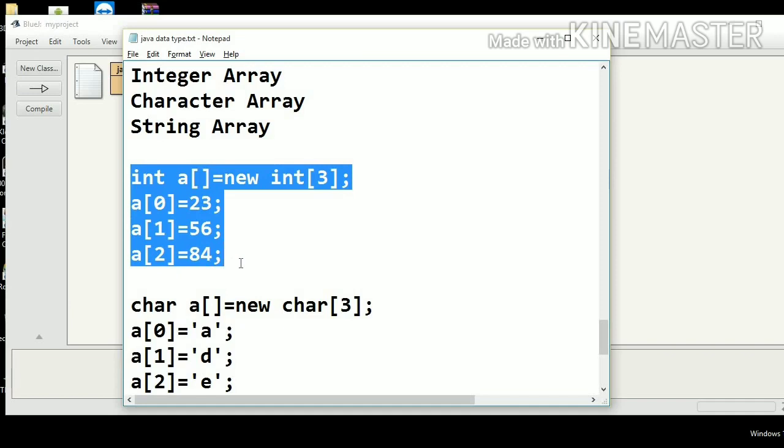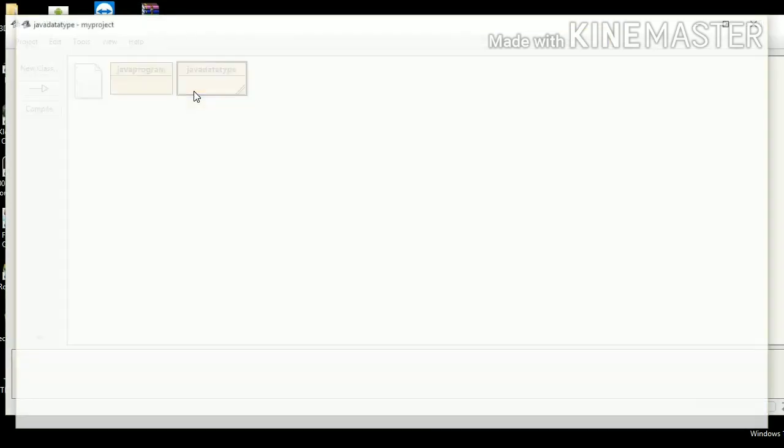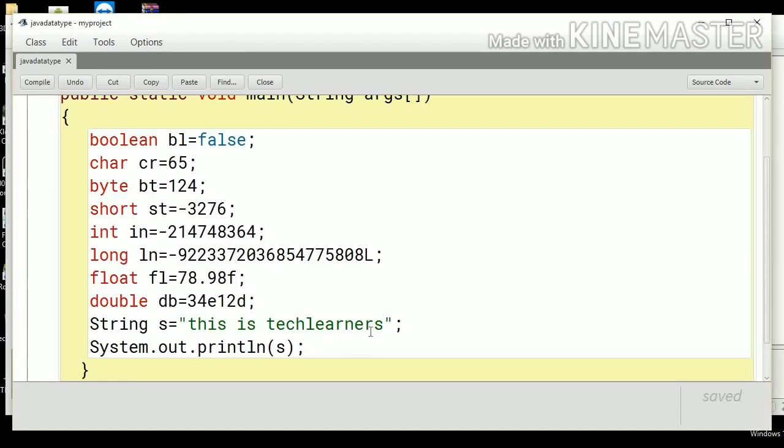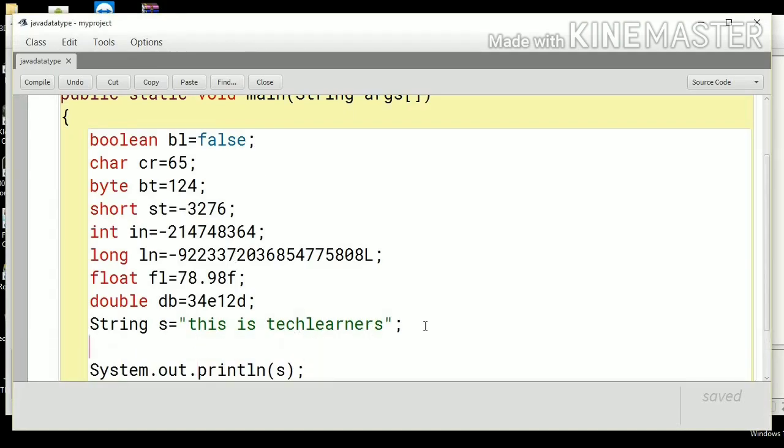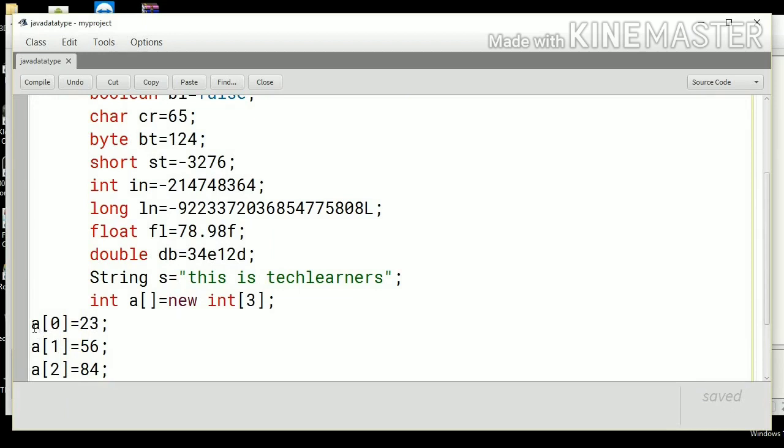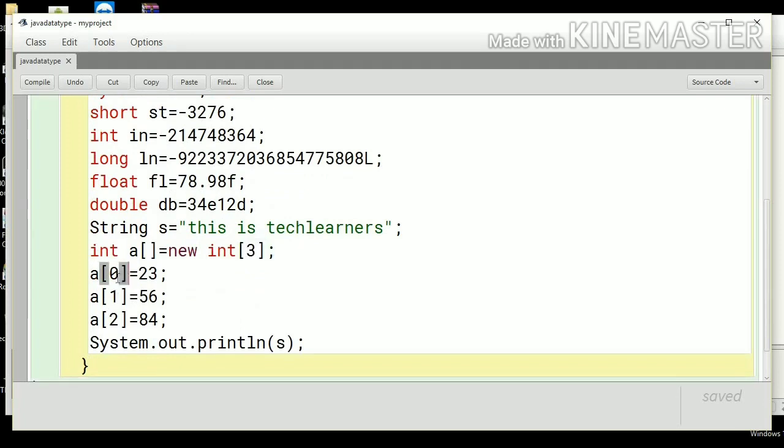So let's see how we can use this integer array. We'll declare the array, and once we declare the array with the specified size, we'll assign the values to each index. So let's see now how we can display. Just to display, we'll simply write the array with the specified index.